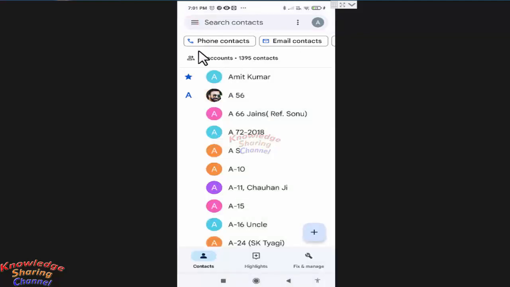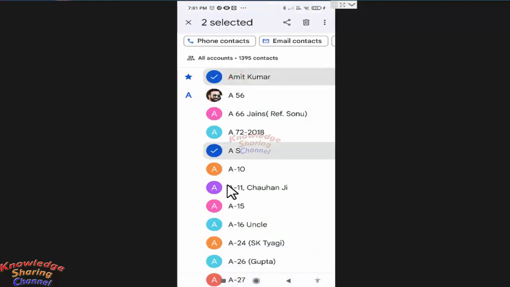And like this, if you want to delete multiple contacts, like I want to delete this contact, then I need to select all the contacts by tapping on it, and after that I need to press on this delete button. Like I have selected 3 contacts. If I press on this delete button,